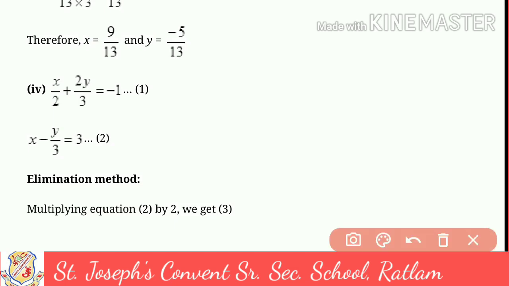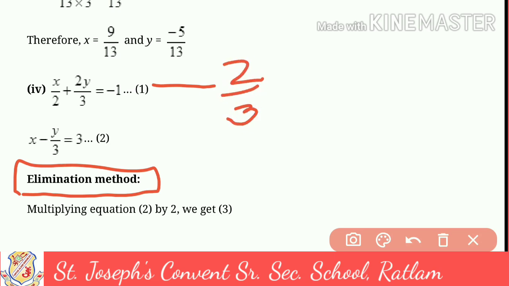So first we are going to do the elimination method. Now till now you might already know how to apply the elimination method. So here I will try to eliminate the variable y first. Now in equation number 1, what is the coefficient of y? The coefficient of y is 2 upon 3. And in equation number 2, it is minus 1 upon 3. So here what you can do is simply equation number 1 will be multiplied by 1 and equation number 2 will be multiplied by 2.